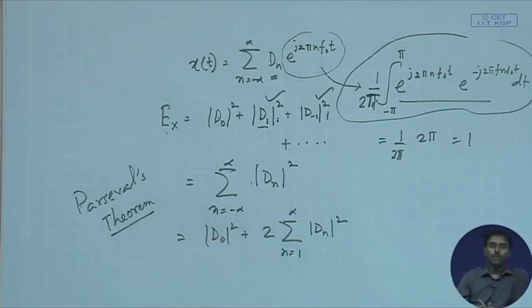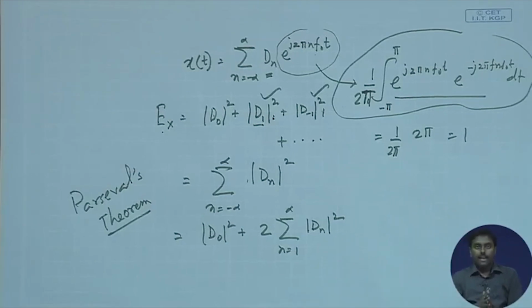Of computation of energy of a particular signal. So, basically, if I had a signal x(t), I was aware of its energy. That I can do in a very simple way: take the signal and integrate it within a period, let us say minus pi to pi. That is one way of doing it. But because I know Parseval's theorem, I can do it differently if I know the Fourier series representation